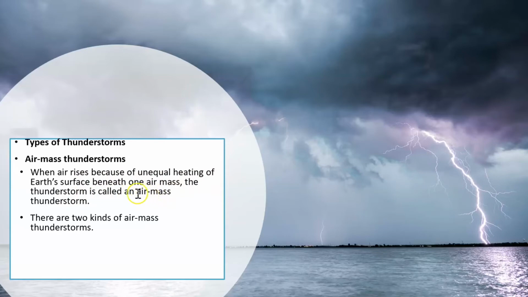So we talked about source regions and air masses and how when you have an air mass, it rises above the source region or rises out of the source region because it's the same temperature, but the surrounding air is cooler. And so it gets buoyed up and it just causes this blob of air to rise up. Kind of like a lava lamp. If you've ever seen a lava lamp before,